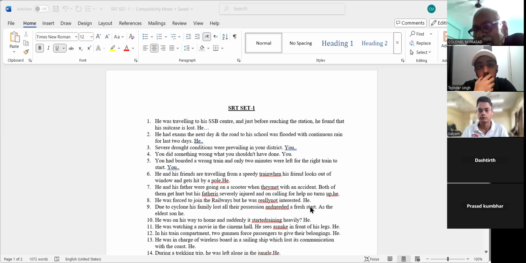So read the words, read the sentence very, very carefully, attentively, and then answer. Simple way. As I say, it is the simplest SRT. I don't even teach people how to answer SRT. I say simply because the 5 points that I have given should be sufficient.